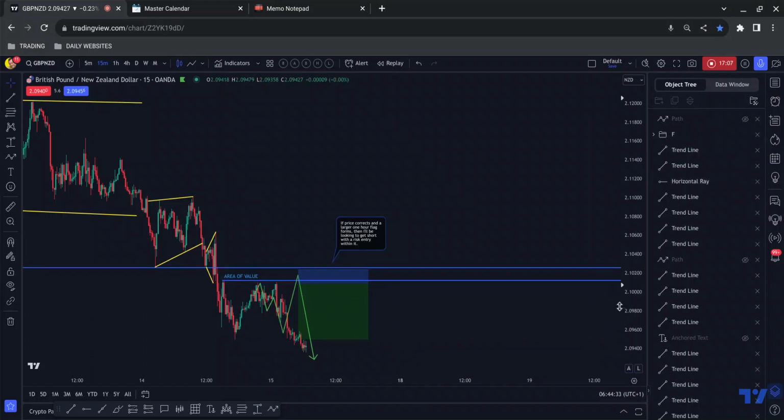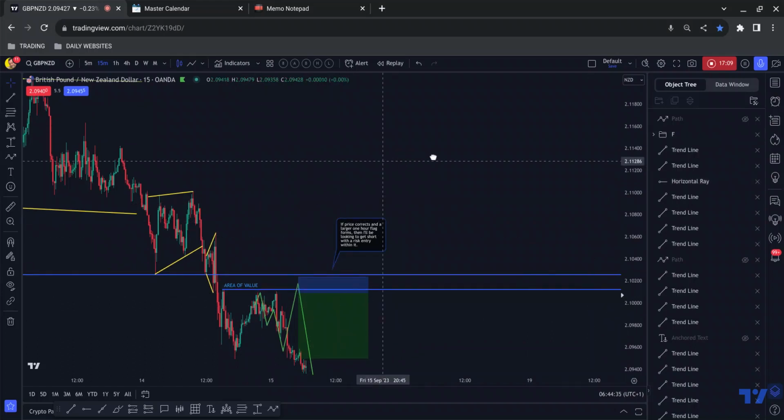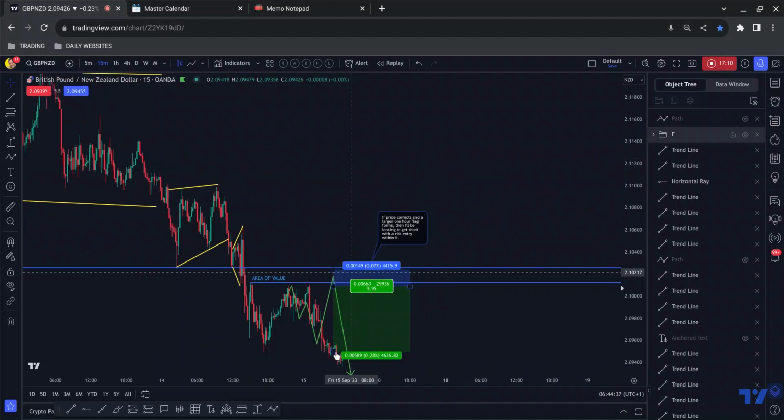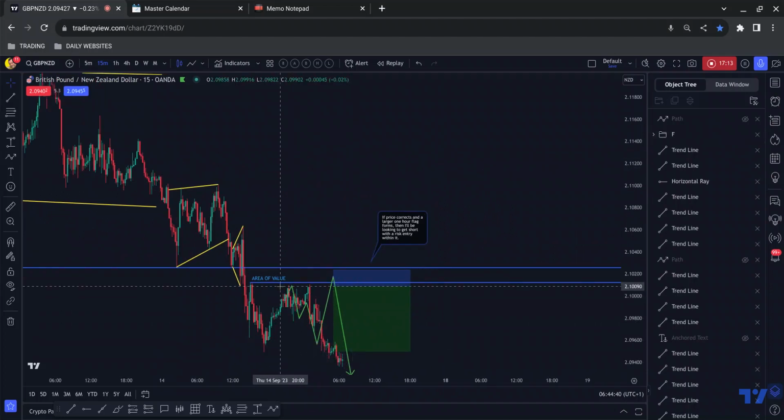And if you actually look at this, this is what I was forecasting. Obviously, we've pushed a bit lower. We got right to exactly where I thought price would reject, and we would get that near miss. Okay, and we scoot back up again, and we reject from exactly the same area.